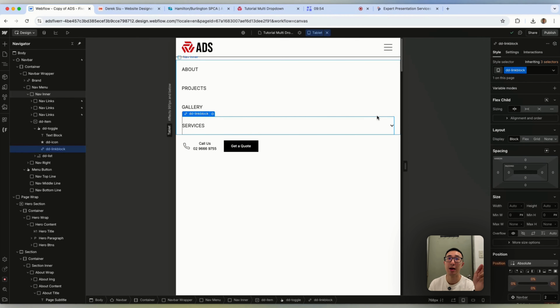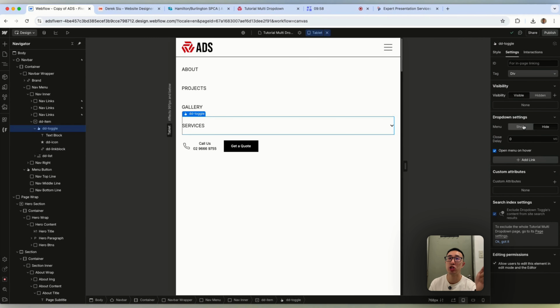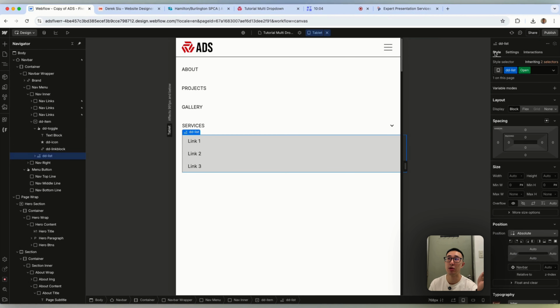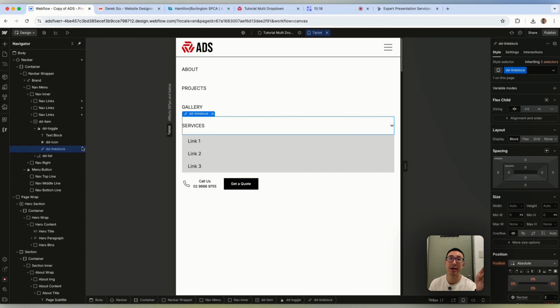So firstly, let's go ahead and hit this DD toggle, hit settings, we'll hit show, and you can see all the links are stacked below, which is exactly what I want. Sometimes it's set to absolute, so I'm going to go ahead and change this position from absolute to static. That way it doesn't actually sit on top of any other content. And the next thing is with this DD link block,